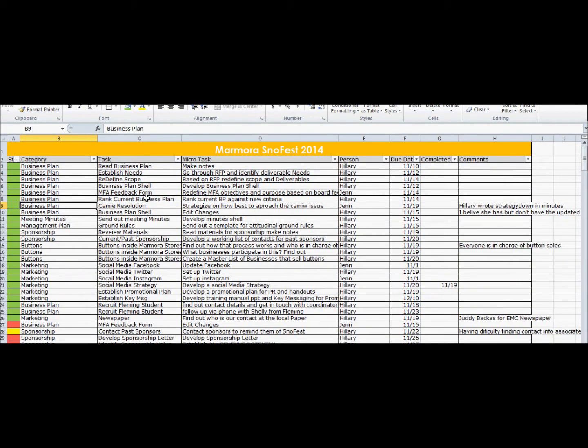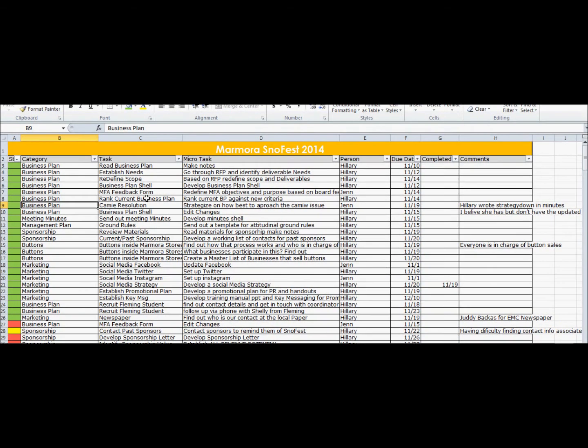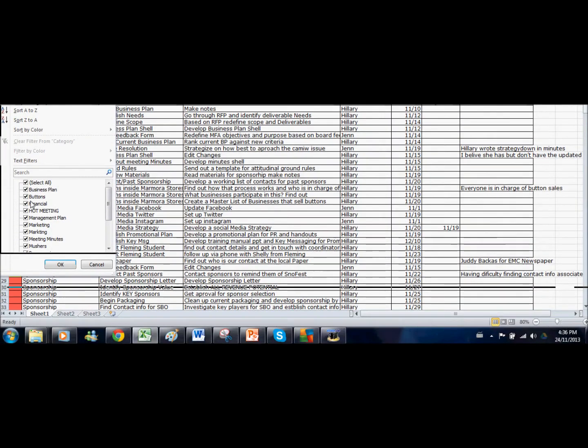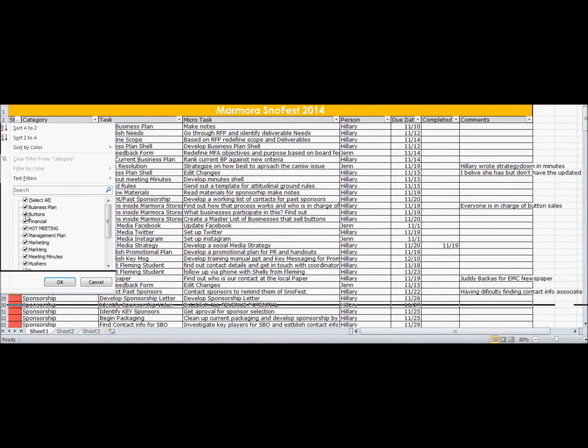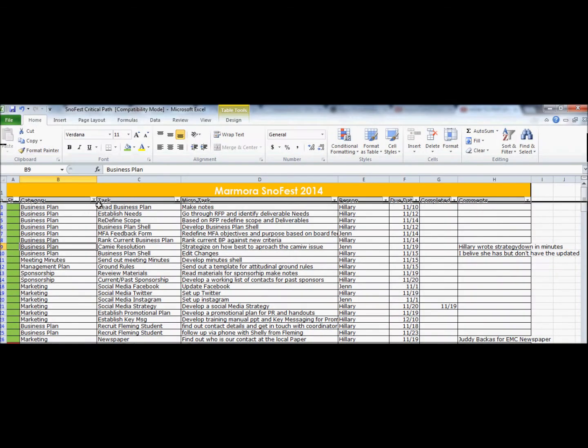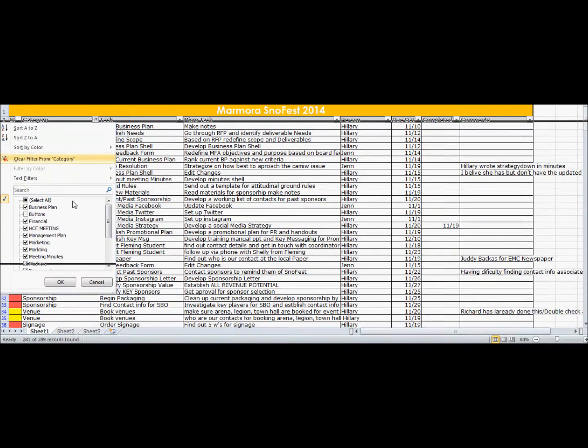And the categories. You can also, again, everything's sortable. So you can sort by, let's look at buttons. Okay. So, oh, whoops, it didn't sort by just buttons. Oh, okay. So I don't want to select all. I go to buttons because I'm really interested in what's going on with the buttons. What's our plan for the buttons? Let's investigate further. Who's working on it? What's going on with it? So now that I'm looking at the buttons,